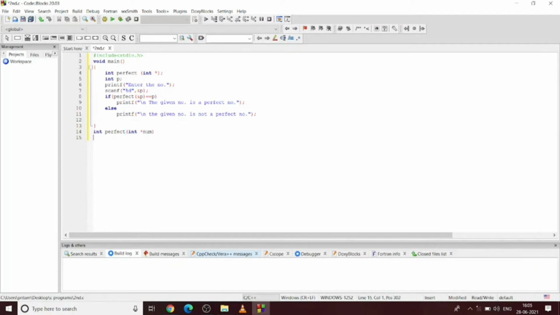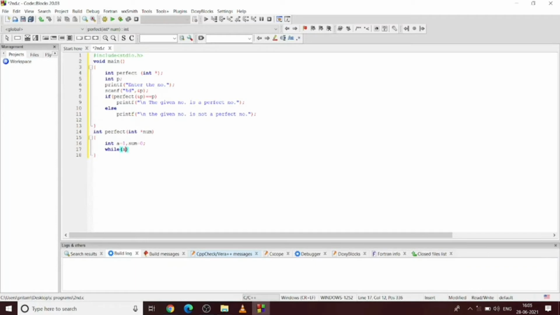So let's start the body. Compare the sum to the number itself. So I'm going to write sum equals 0, and then we will add its divisor to the sum value.